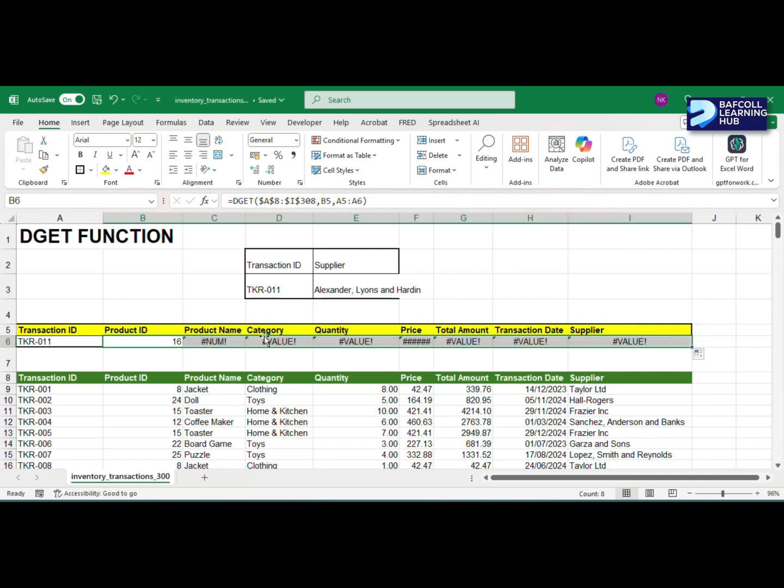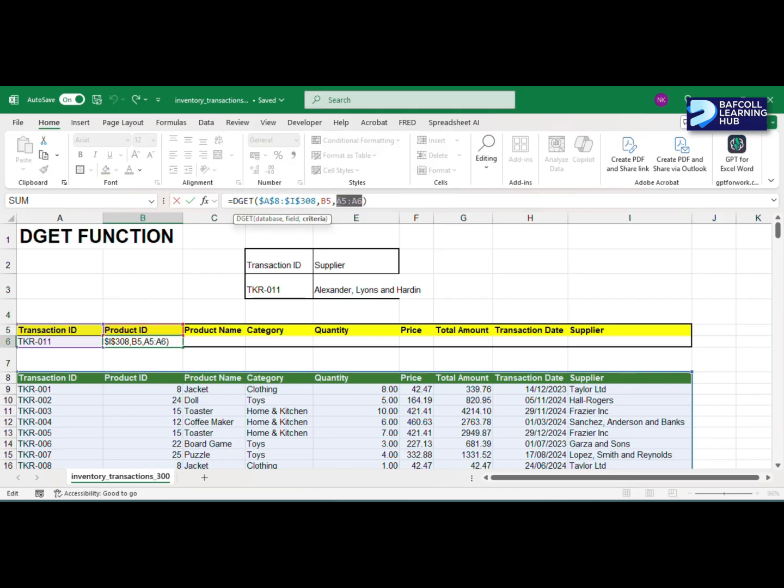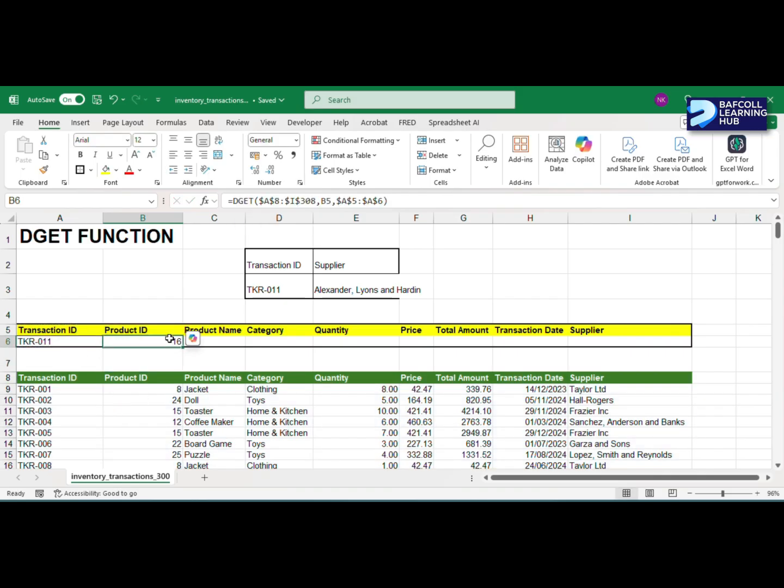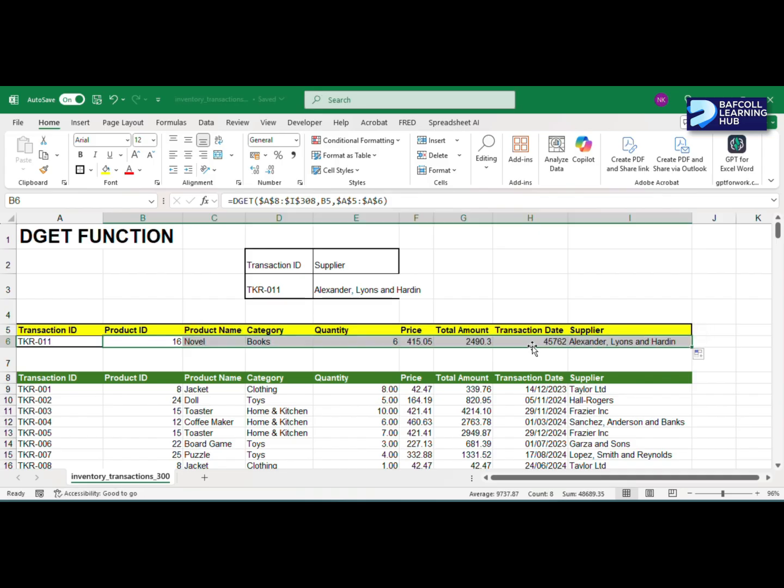Oh, sorry, I'm getting a mistake. Oh, sorry, I didn't lock it. So over here, you make sure that when you choose your criteria, you hit F4 to lock it. Then you hit enter. Then I get my value. Then I can go ahead and drag through. Then I get it for the other